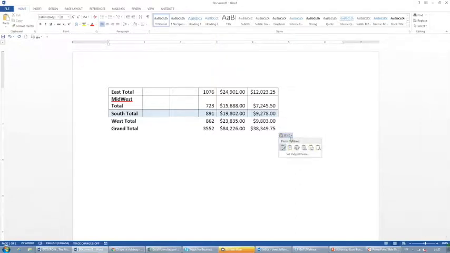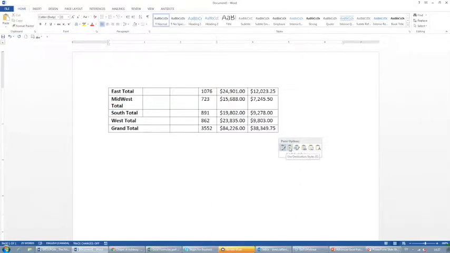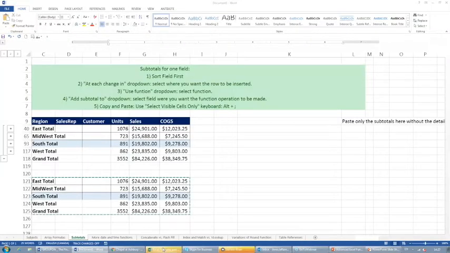Do you want to just paste the destination style, so what's in here, the source styles, or do you want to keep a link, right? So if I go here and I say keep a link, what's going to happen is that if I change my data, then the Excel here